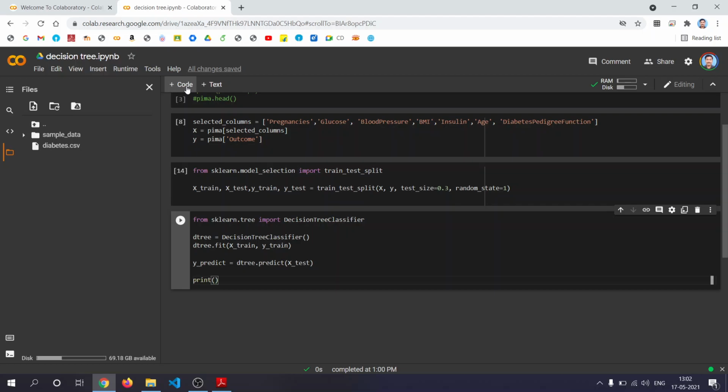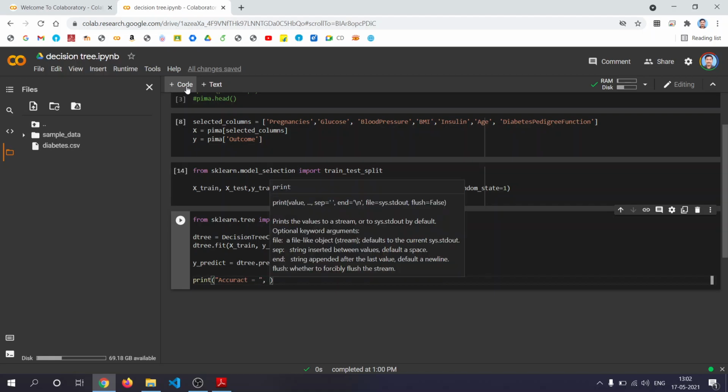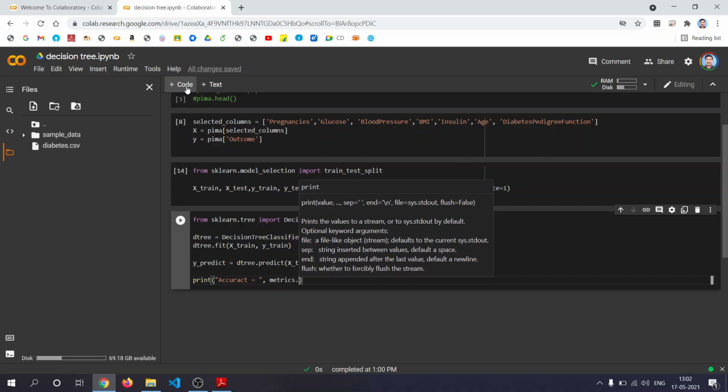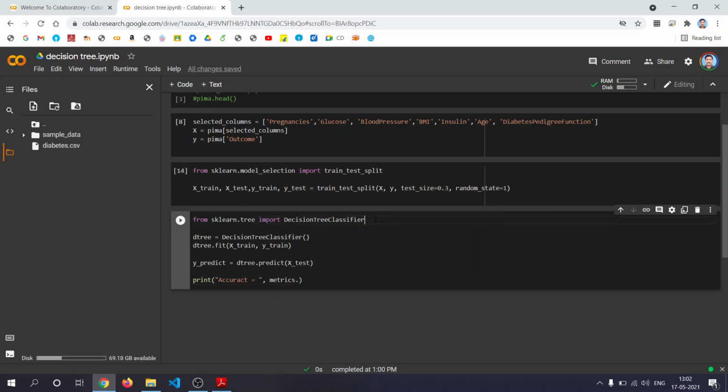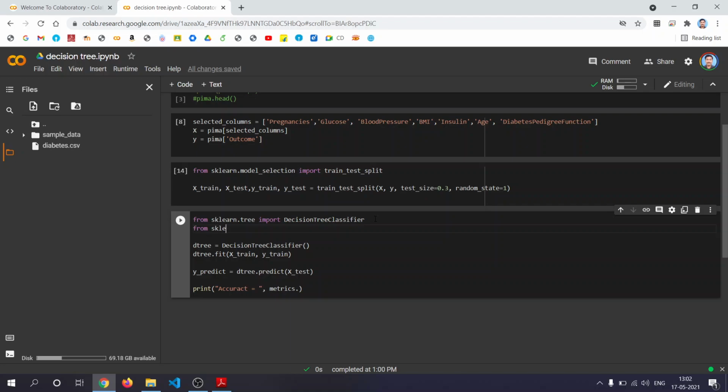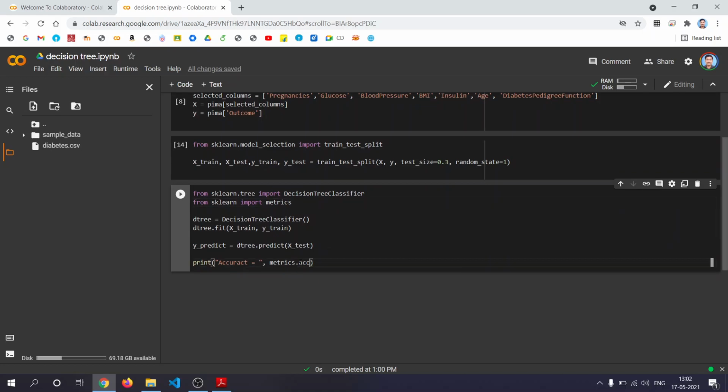Now let's try to print the score. Accuracy is equal to metrics.accuracy_score; we'll import metrics also here, from sklearn import metrics. What do you have to pass here? y_pred and y_test.